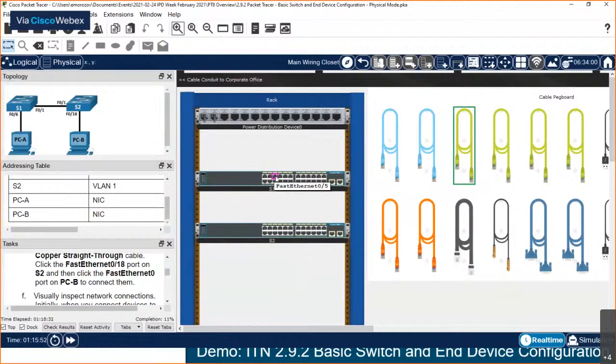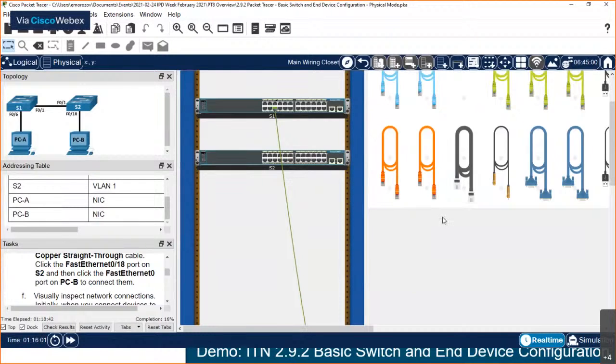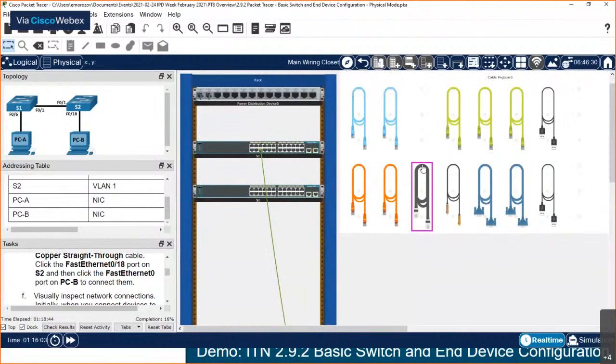You see what I'm doing? And that's what students do in your lab, right? They need to find the port on the device. And this is not a trivial task quite often. So I got this connected. Now what I want to do, I want to connect